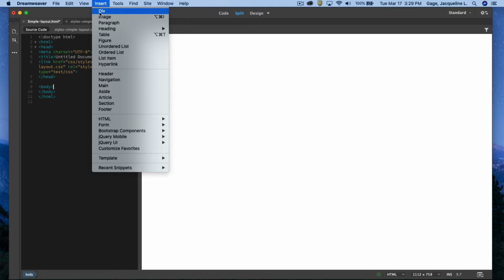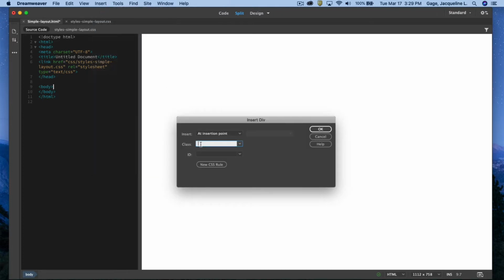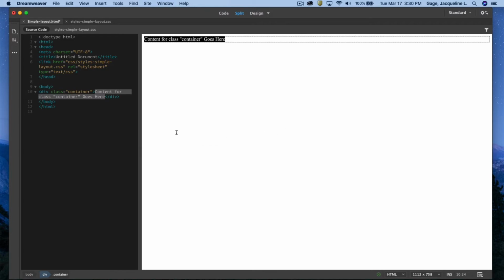I'll go ahead and create the larger container first. And I'm going to call it container. Give it a class name of container and save. Now I want to make sure that all my other divs are within this div. So I'm going to click right after the word here and force the end of this div tag down. I'm going to put my cursor in between here and then I'm going to go